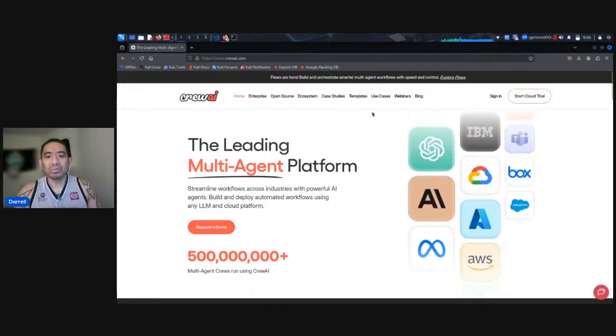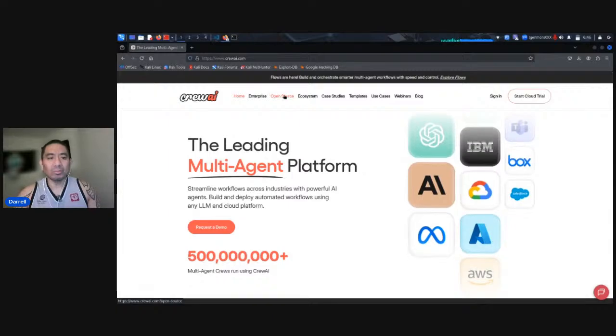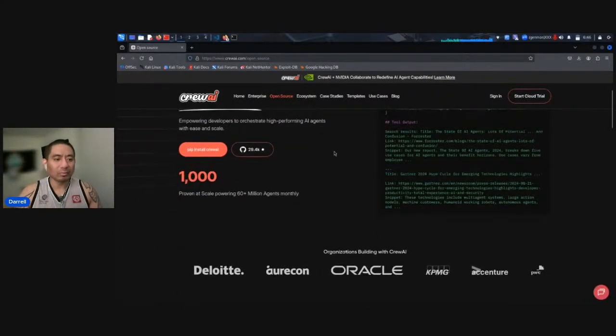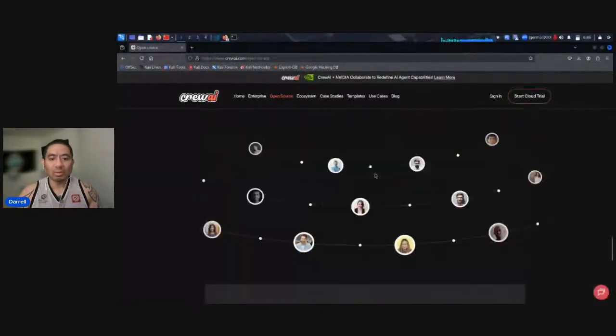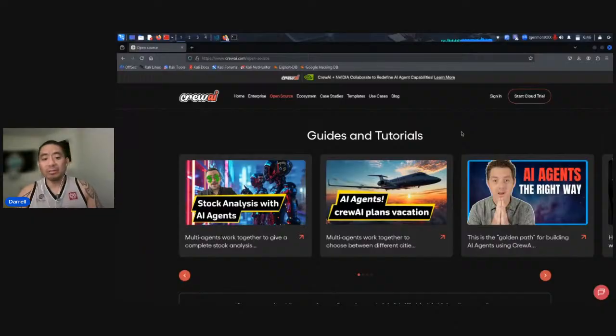So what we're going to do is go under the docs, and I believe it's under the open source tab. And scrolling back up here, Crew AI has been the top tier platform of all AI influencers.